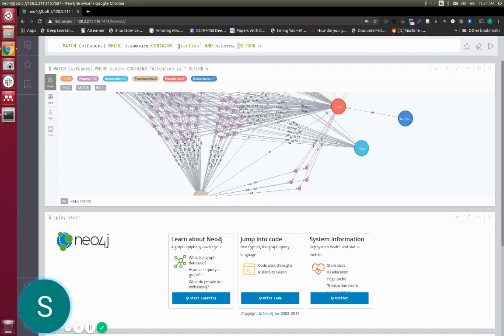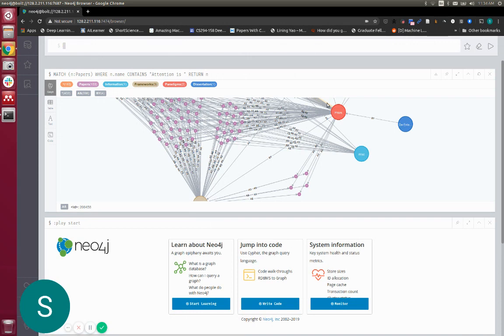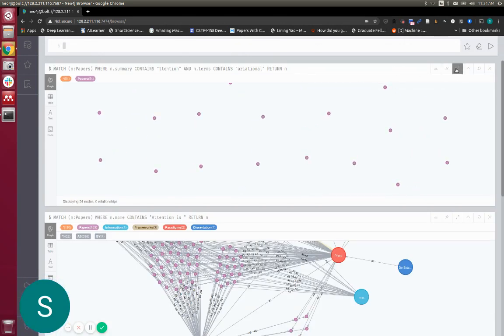I also want to have papers which have variational autoencoder as the terms. Because it is case sensitive, I'm using the other terms. Cypher is robust enough; it can search for matches. So let's see what happens here.